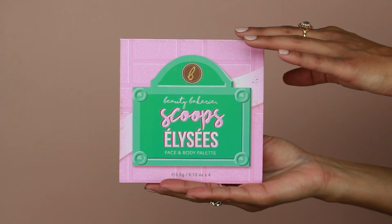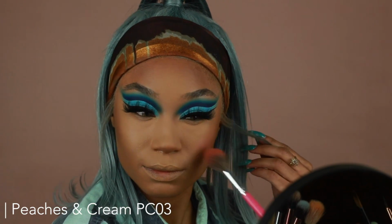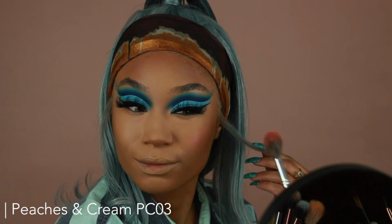I've been really loving blush as well lately, so I'm going to go into the Beauty Bakerie Scoops Alizé palette as well and use the two peachy color and pinky color from this palette. I forgot what the names are, but I'm going to use a mixture of those two shades and apply those